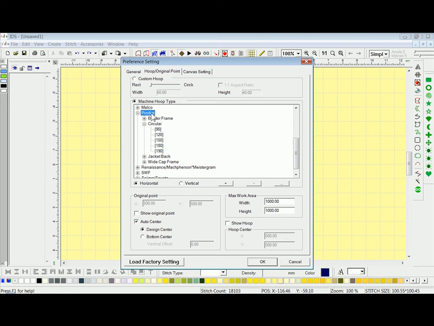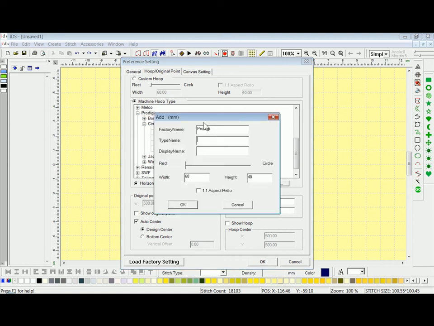If you would like to add a hoop or a hoop category under the Prodigy, if we left click on Prodigy, click Add Hoop, we can type in a category name, and let's say we have an oval hoop that we would like to add. With the display name, I can type in whatever display name I'd like, and I will just say 90 by 40 because that's the size of the hoop. I can give it a